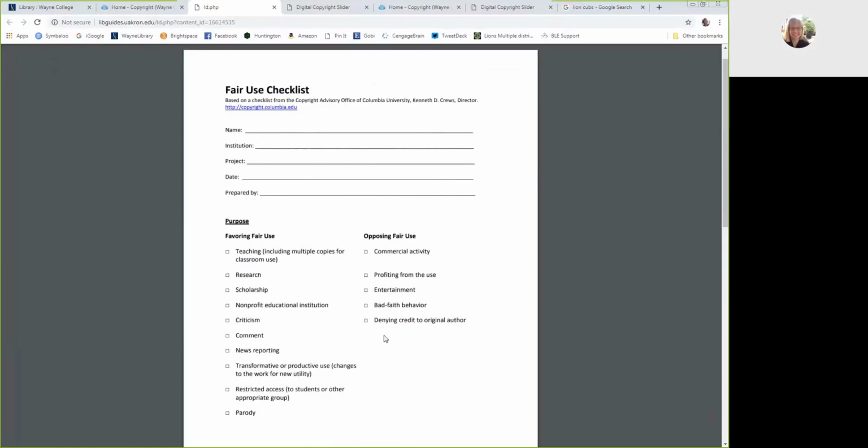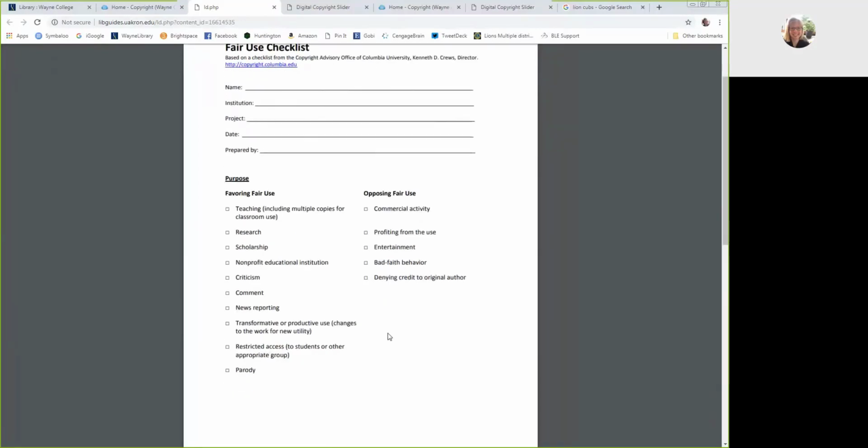So if you use something and claim that it's fair use, the copyright holder still has the right to come after you and sue you or send you a cease and desist letter, but at least you have something to say: well, this is why I used it and this is why we would consider this a fair use. So use fair use carefully, thoughtfully, and document it. You fill out this checklist and you keep it in a drawer, just in case somebody wants to question your use someday.